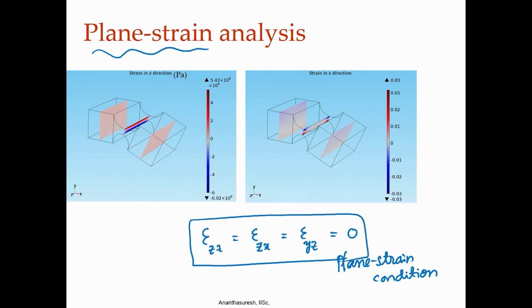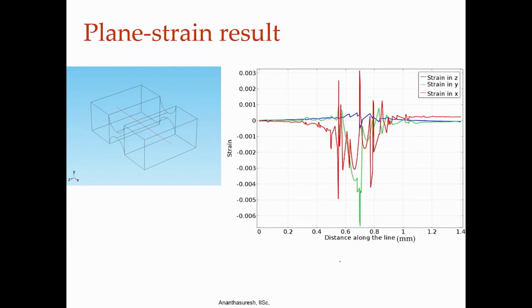So, here if you were to look at the strains in the z direction, that is what are plotted here. Again the blue one, that is the z direction, is much smaller compared to red and green, because they are the strains in the y and x direction. So, if you were to analyze this using plane strain analysis, if you compare with 3D, we see that plane strain 2D analysis would have been just fine. Which one you use for a compliant mechanism, usually it is plane stress, but then for